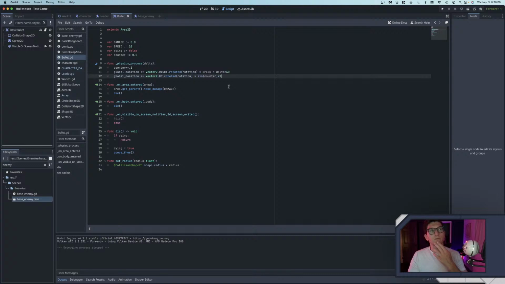I think I figured out one of the things that makes it actually look cool is to not just have the bullet go like this, but to actually have it go like this. And to do that,